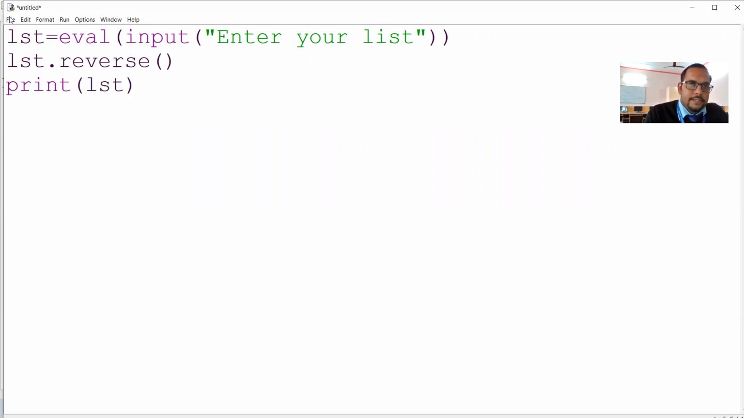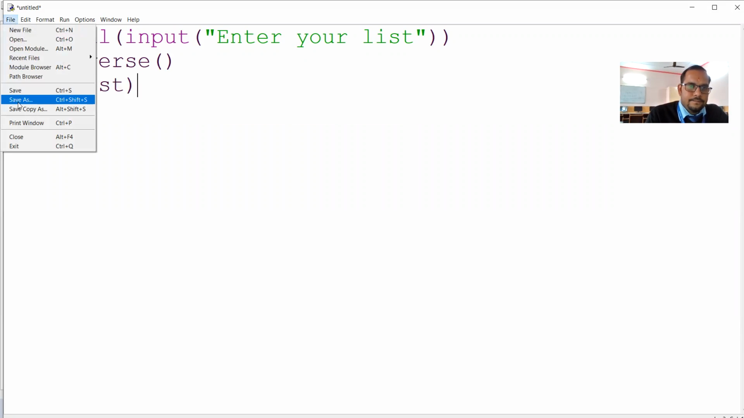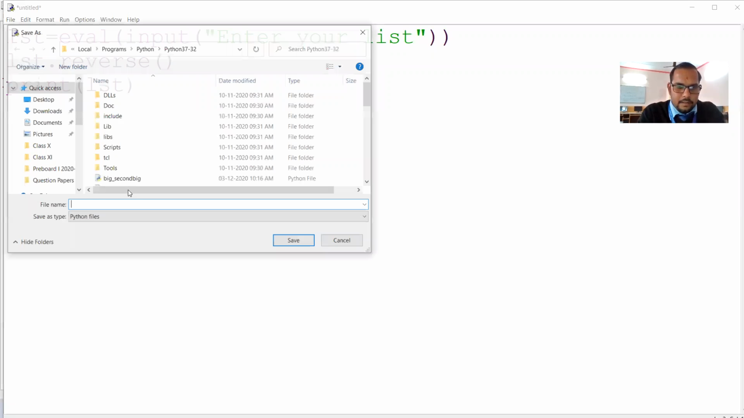Now save this program. reverse underscore list dot py. Now save, then run this code. Then 1, 2, 3, 4, 5, you know very well we have